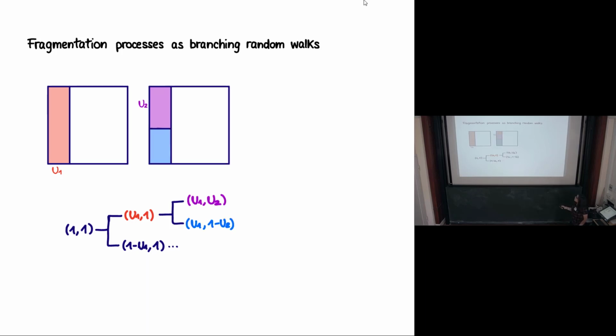And if we keep on going, the children of the red rectangle will be the purple and the blue one, and because there's a split on the height, the second dimension will change. So the purple will be U1, U2, and the blue one will be U1, 1 minus U2. So every time there is a split, I'm drawing a uniform random variable, and this will indicate the new dimensions